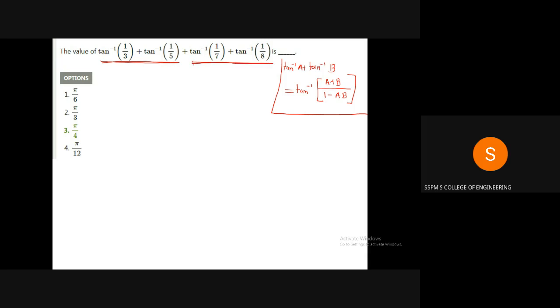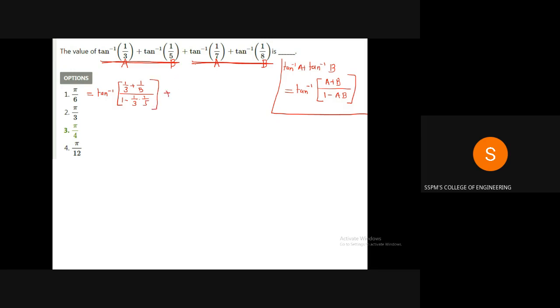these two terms. So we will get tan inverse 1 by 3 plus tan inverse 1 by 5. It is exactly in the form tan inverse A plus tan inverse B. Here, this is your A, this is your B. Again, this is your A, and this part is B. So if we use this formula, we will get tan inverse into bracket A plus B, that is 1 by 3 plus 1 by 5 divided by 1 minus AB, that is 1 minus 1 by 3 into 1 by 5,